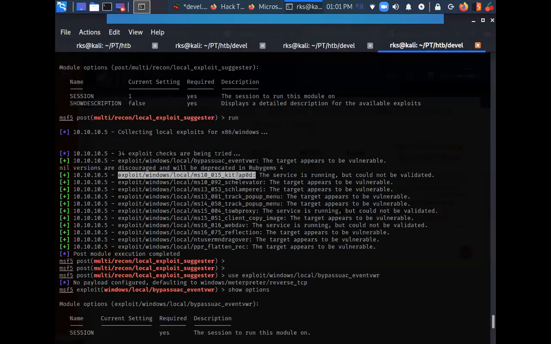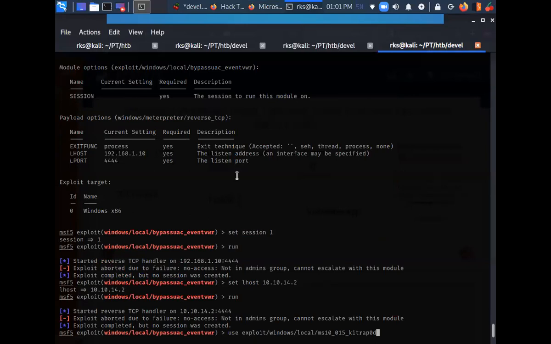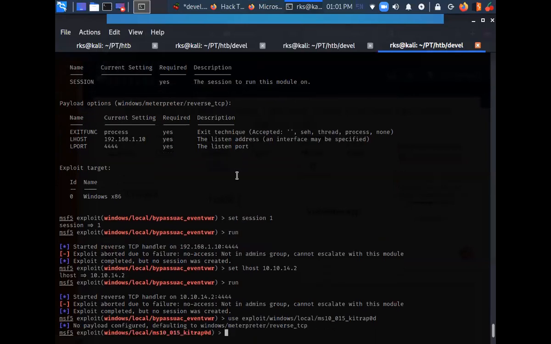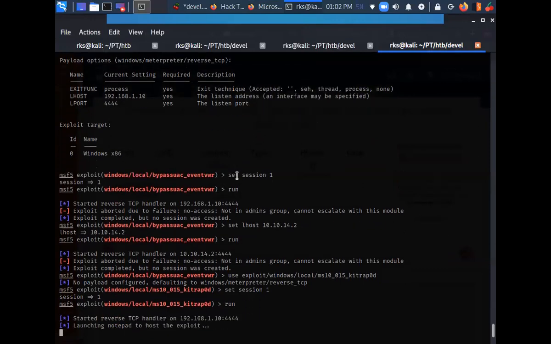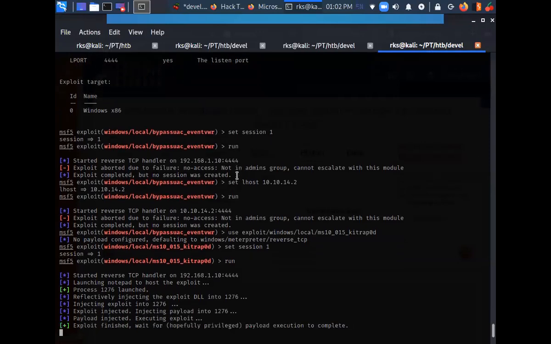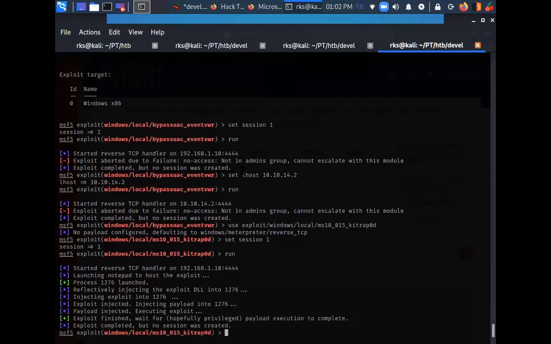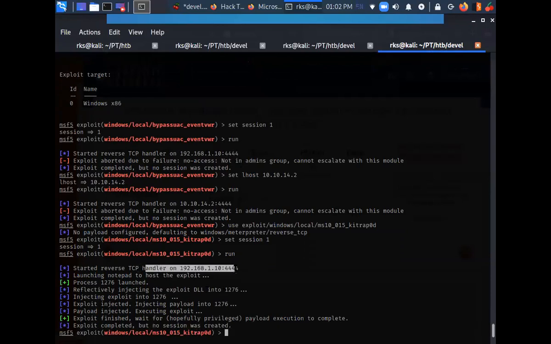Let's use this one. Set session 1. And let's just click on run right away. No session was completed, and I can see the IP address is wrong.